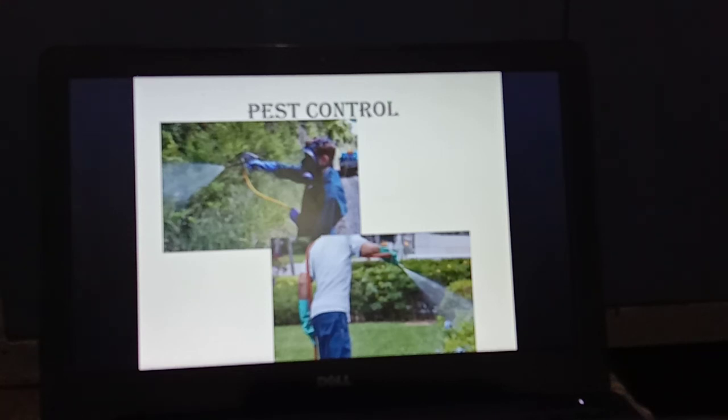Next one, that is biological control. This method may be slow, but it is a non-polluting and highly specific way of controlling pests. Birds can be scared away by placing scarecrows in the field. Some organisms which eat pests but not crops can be used to get rid of pests from the field.